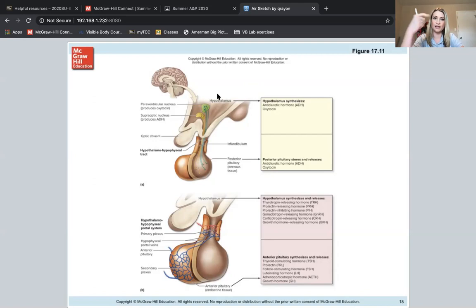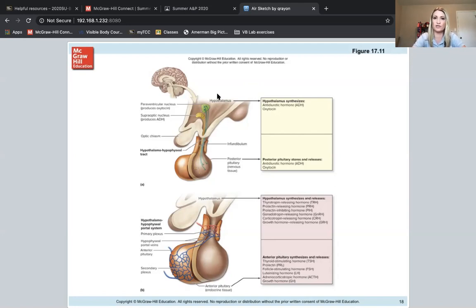So we see the hypothalamus and the pituitary gland, and we have two different images here. The top one is focusing on the hypothalamus and its relationship to the posterior pituitary, and then the bottom one is more focusing on the anterior pituitary here. The hypothalamus releases several different hormones. It releases